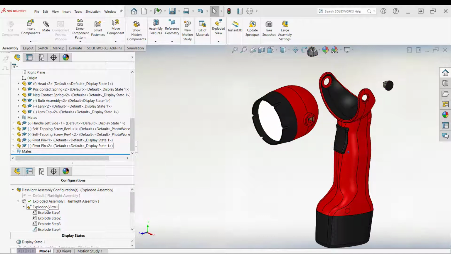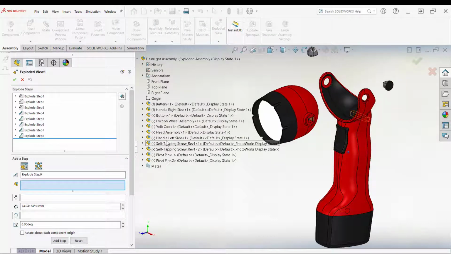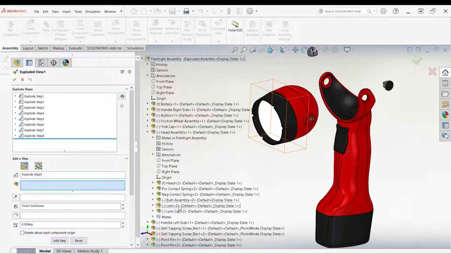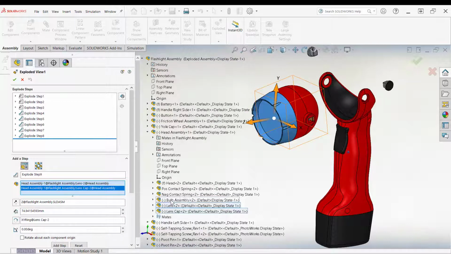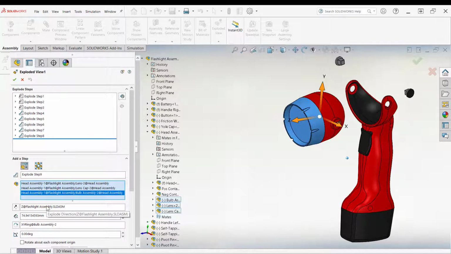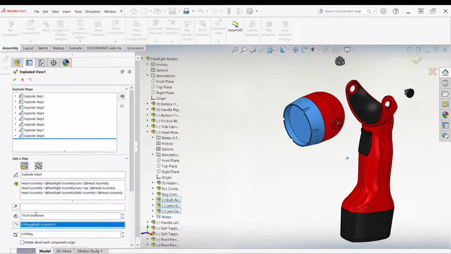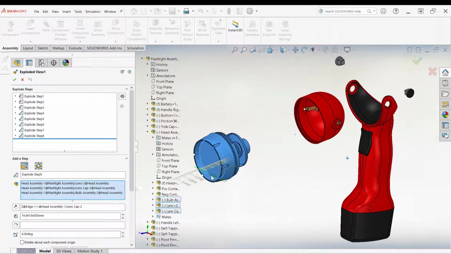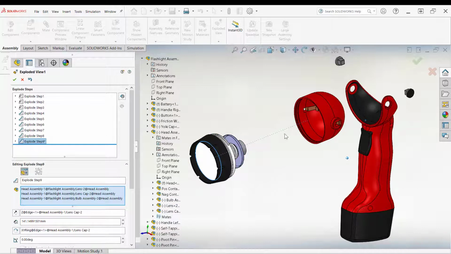Next, I would like to move the lens cap, the lens, and the bulb assembly out of the head. So I'll come over, I'll right click, I'll say edit that feature, and I'm going to select the lens cap. So I'll need to expand the head assembly, and I'll select the lens cap and the bulb assembly. I want to change the coordinate system, so I'm going to come over and I will right click and I'll delete that for the translation and for the rotation, and then I'll go back to the translation and I will select one of these circles, and I'm going to move this out. I'm going to move this out a little bit further so that I have some room back in here,